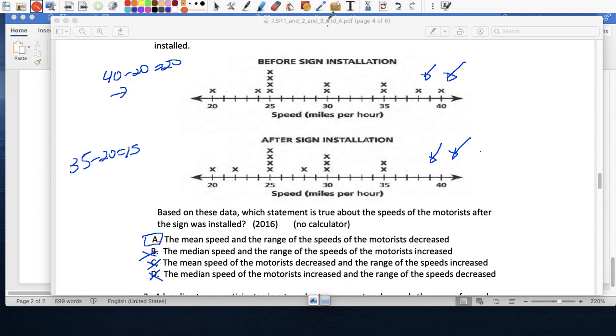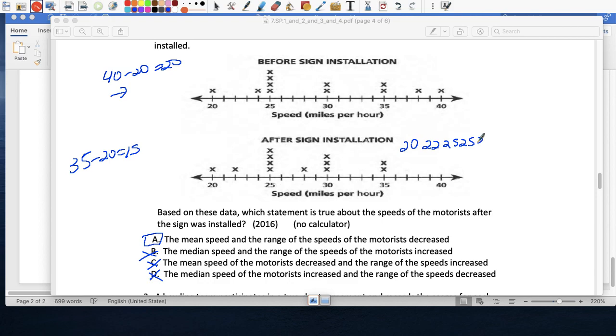No. And again, if you wanted to quickly verify, you could do the median. I'll do the median just to confirm. So let's do the median for the bottom one. It's 20, 22, 25 4 times.